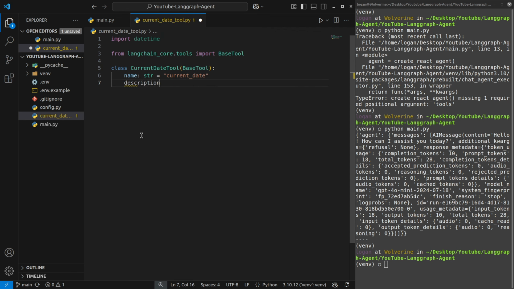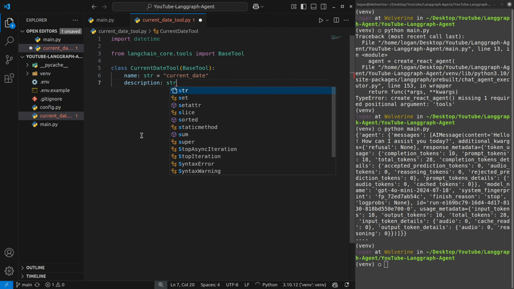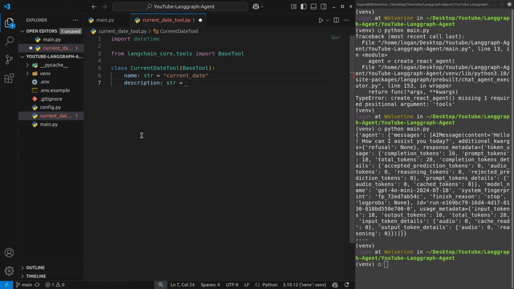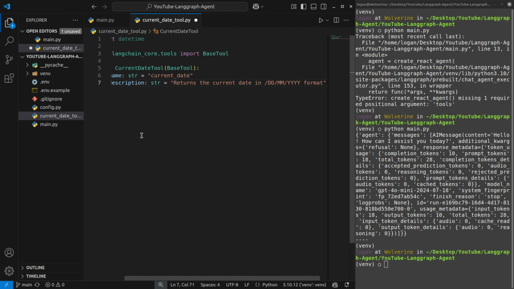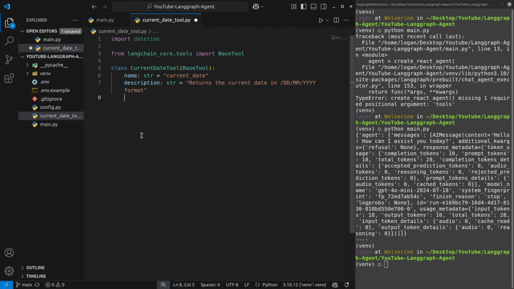Then the description will be a string again, and that will be, let's say, returns the current date, let's say in dd yyyy format. Okay, so these are the two init things that the class is going to have, and then I'll add